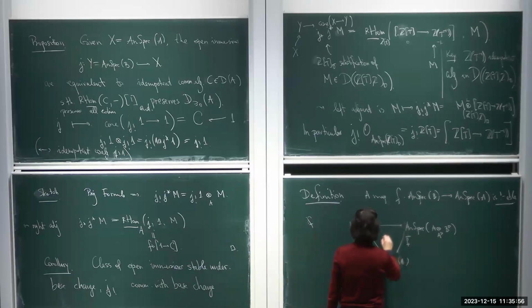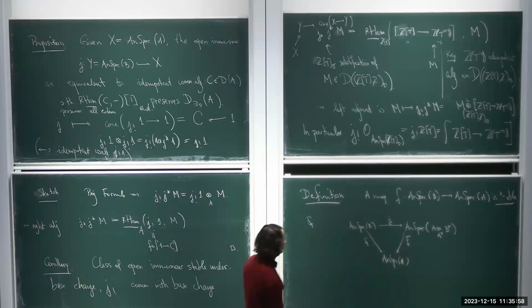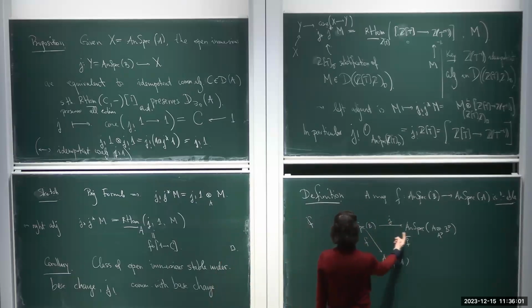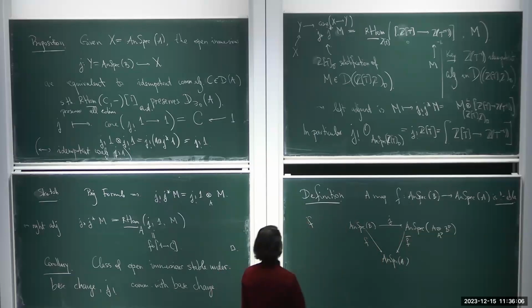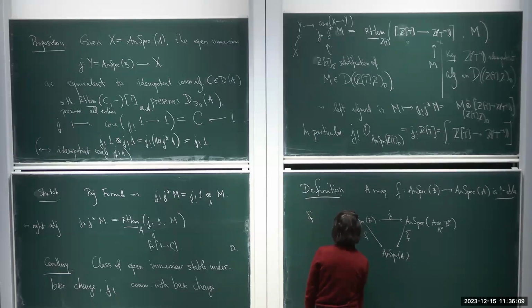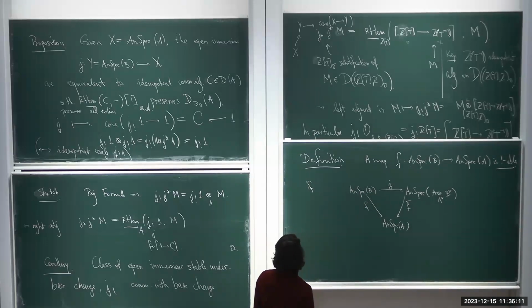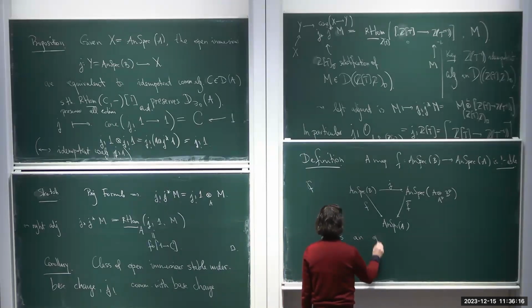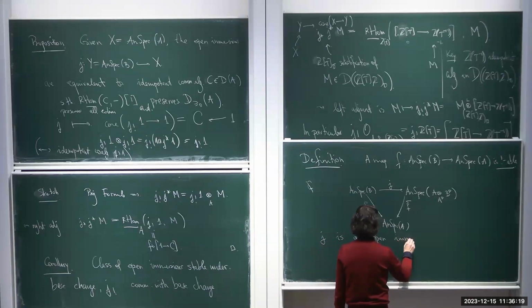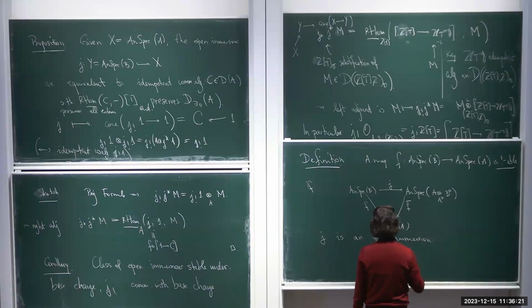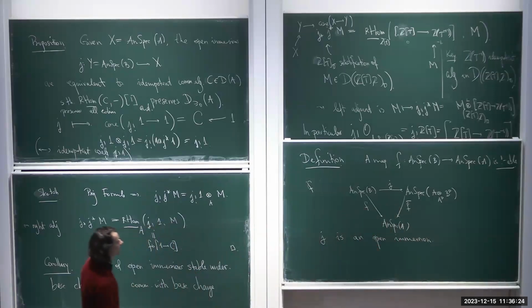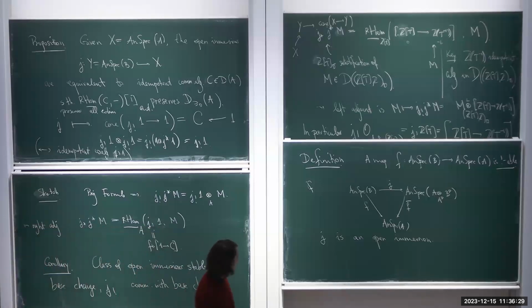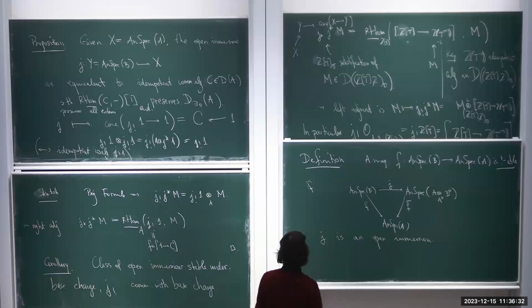And so it gets this map. Let's call it j. This j always exists. This will also always have the property that j lower star is fully faithful. So the real only condition is that here someone has this left adjoint satisfying the projection formula. So if j is a